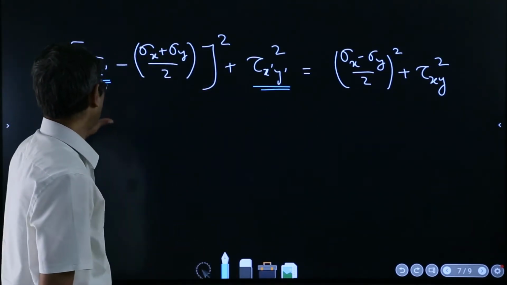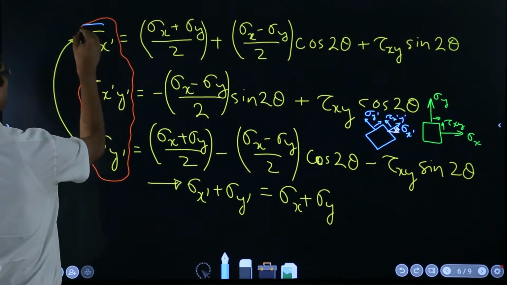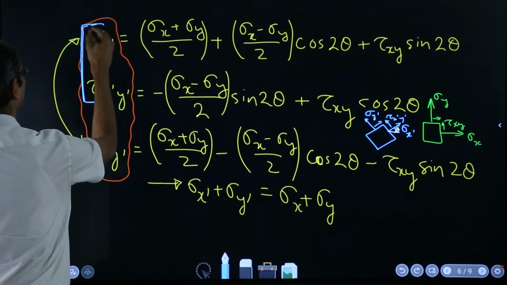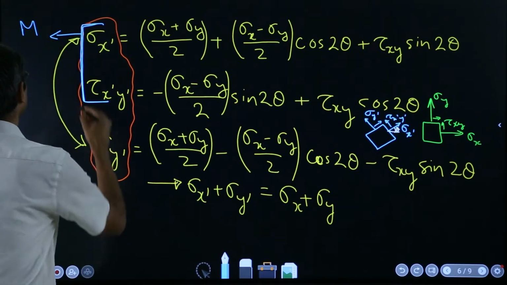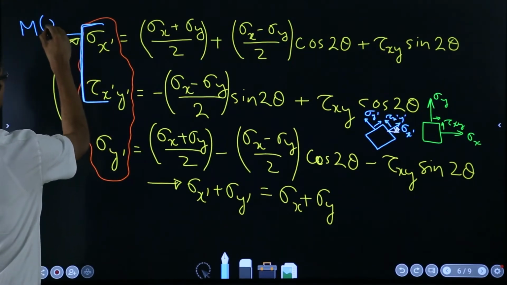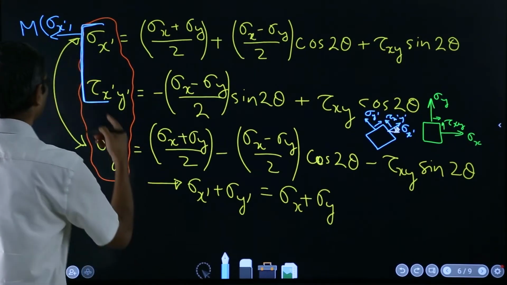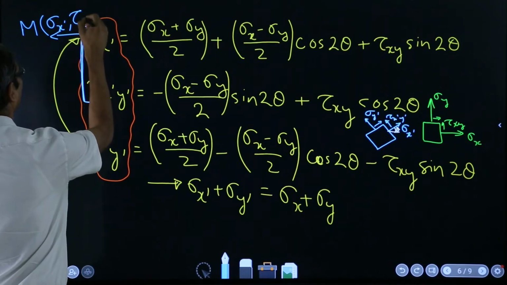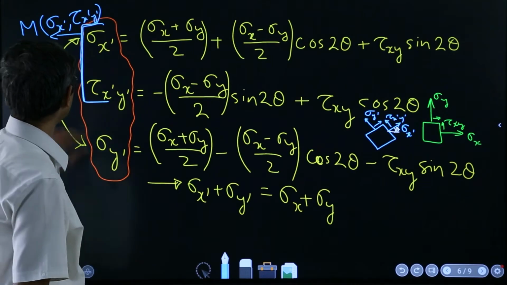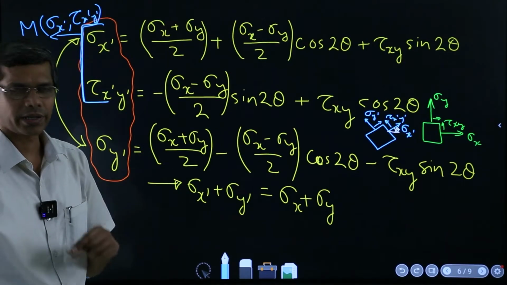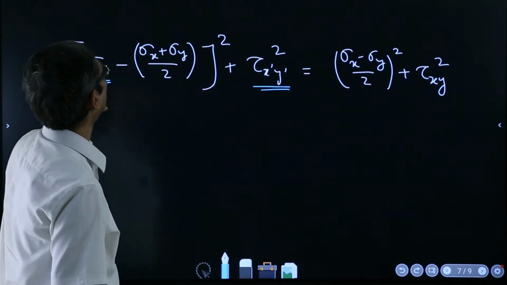That means from these equations we took these two, and we are calling a point, say M, whose coordinates are sigma x prime on the x axis, that is the abscissa, and tau x prime y prime is the ordinate. That is how we try to trace the points by eliminating theta, and then you get